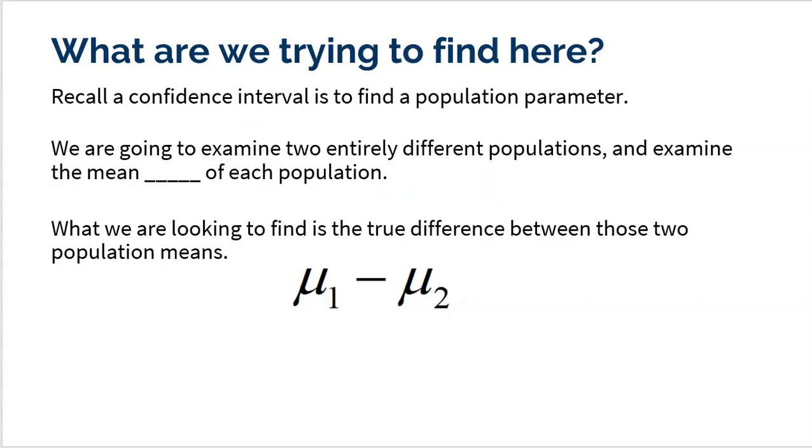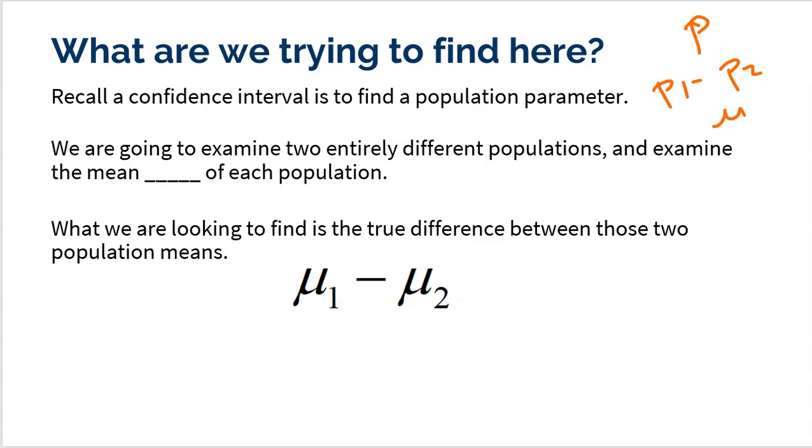This is actually the fourth time that we've seen a confidence interval. A confidence interval is trying to find a population parameter. We actually started off in Unit 6 trying to find the true population proportion from a population. Then we looked at the difference between two population proportions. And then most recently in this unit, we looked at trying to find the true mean of a population. And now we're going to look at trying to find the true difference between